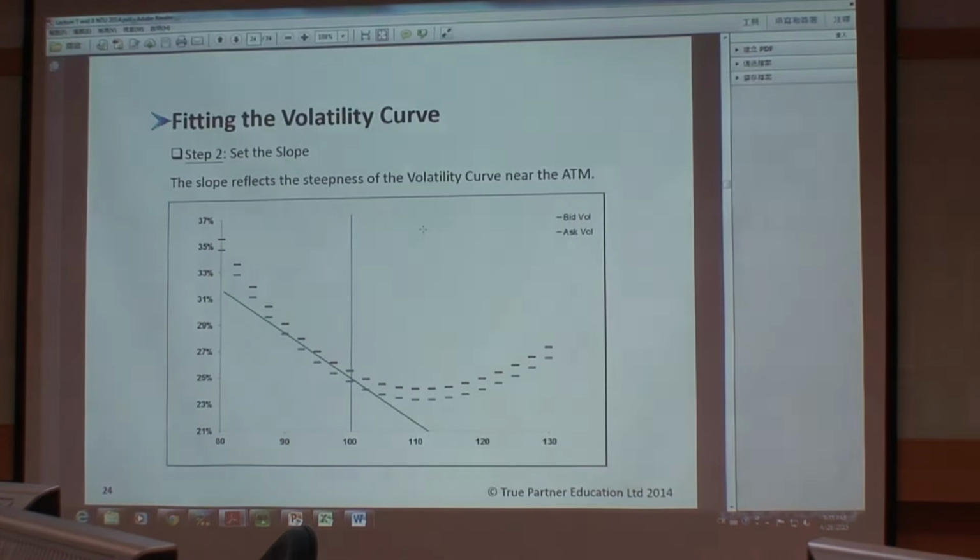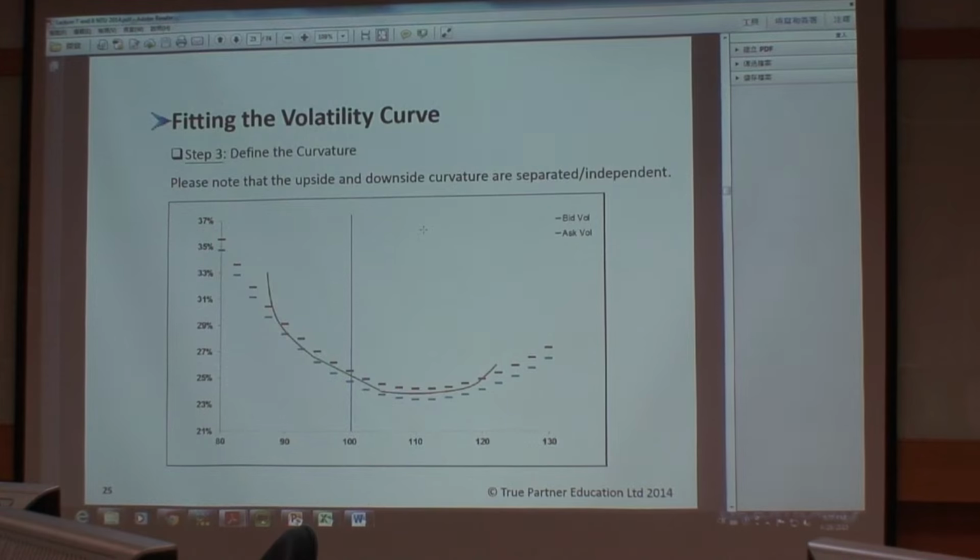What I'm doing with curvature is that the far out of the money calls and the far out of the money puts I want to make a bit extra expensive. So instead of a linear curve, I'm going to curve them a bit. So it looks, again, it's in PowerPoint, it looks something like this. The problem with a curve, the definition of a curve in mathematics,